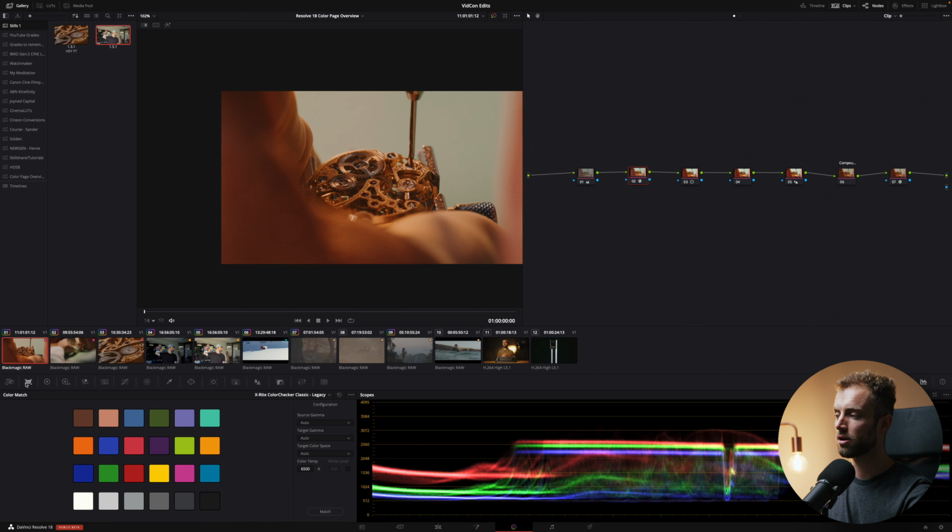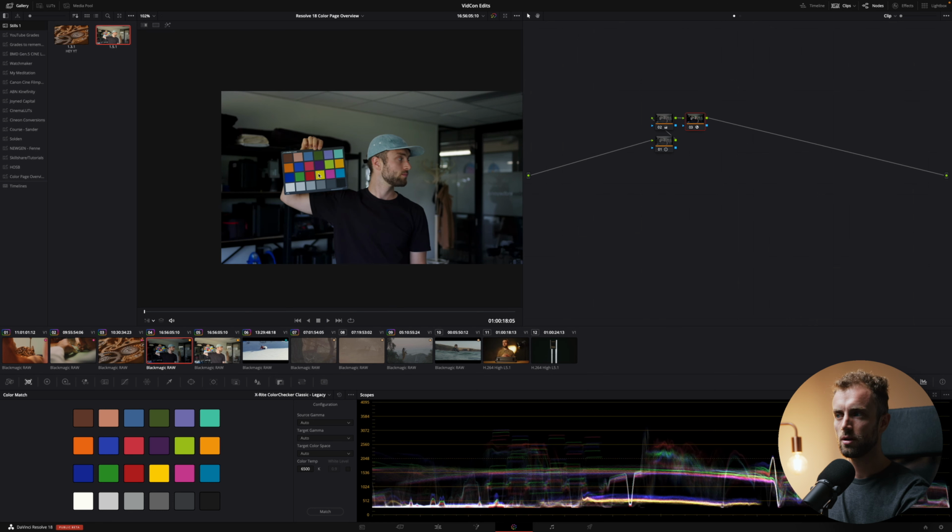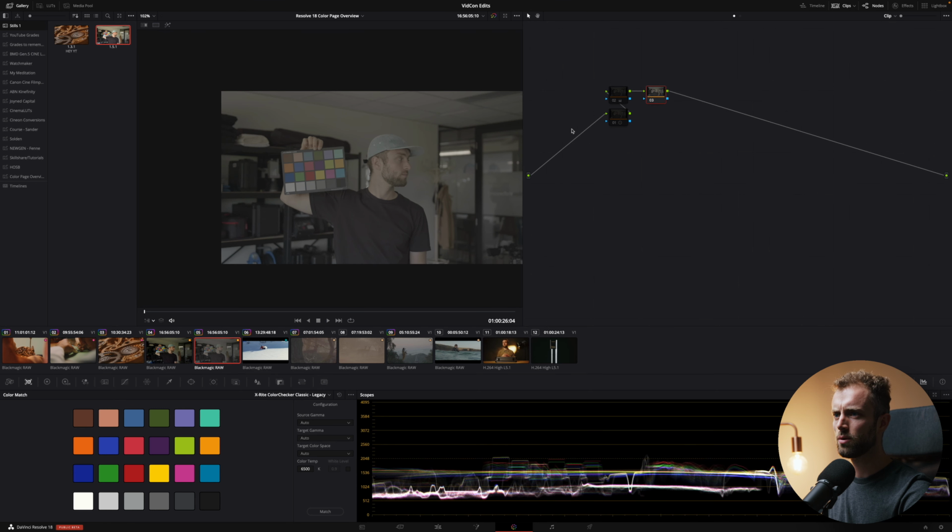All right, next up is the color match area here. It is super useful if you shoot on multiple different cameras of different brands, shooting in different color spaces, and you want to match them all together. The one thing that you need is a color card. This is a card that has colors on it that are exactly the way they are. Okay, so I've got a clip here that I want to shot match, for example. I go over to my color match tool. I click on the color chart. So you match up the dots to the outsides of the card so that all the boxes align and are inside the box of the color card.